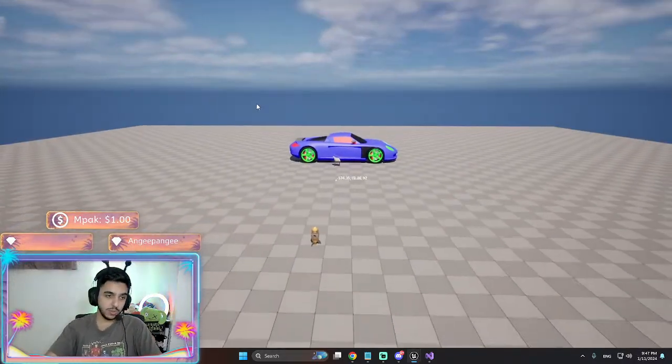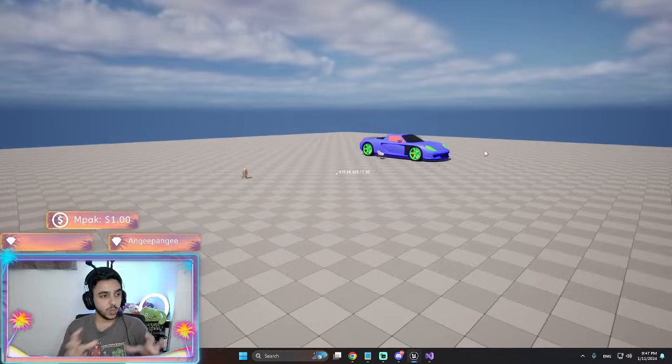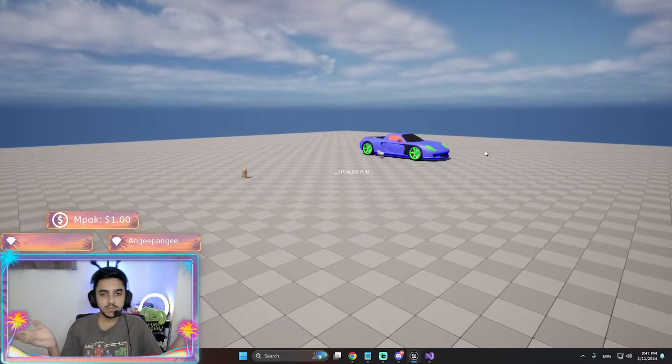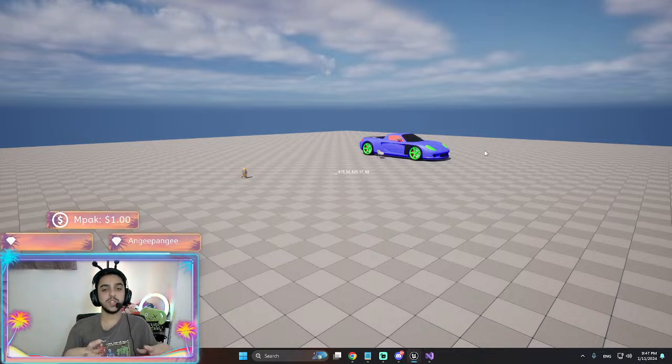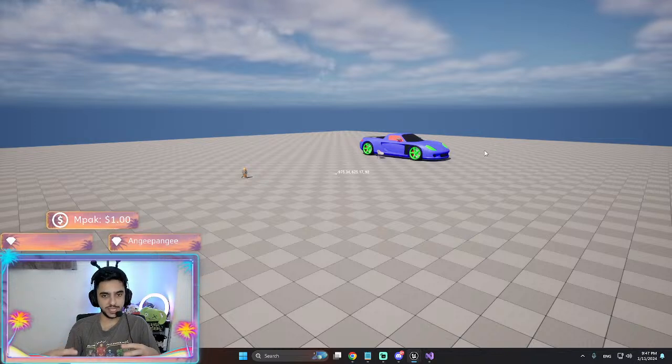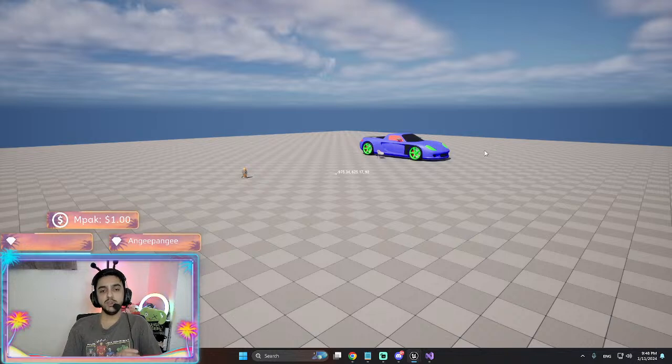So let me show you what's happening here. People want to make games, right? I already created another plugin, which is Hover Vehicle System. Now I'm creating a new plugin called Advanced Dot Movement. There is a dot in the middle of the screen, and you basically move around that dot.